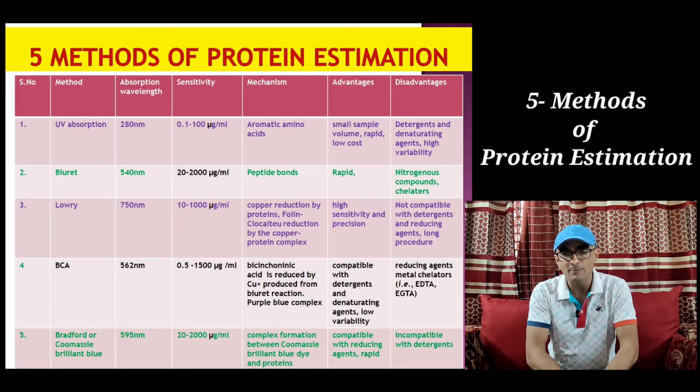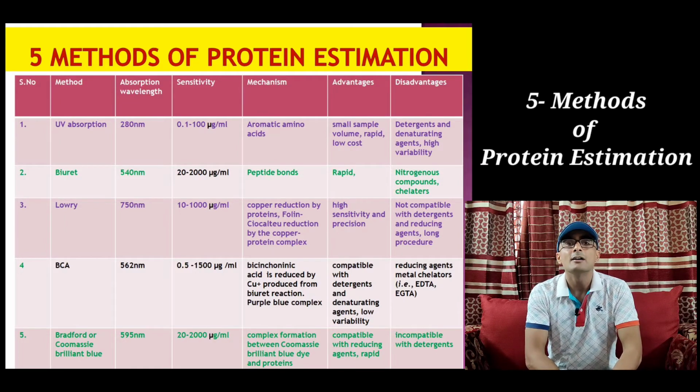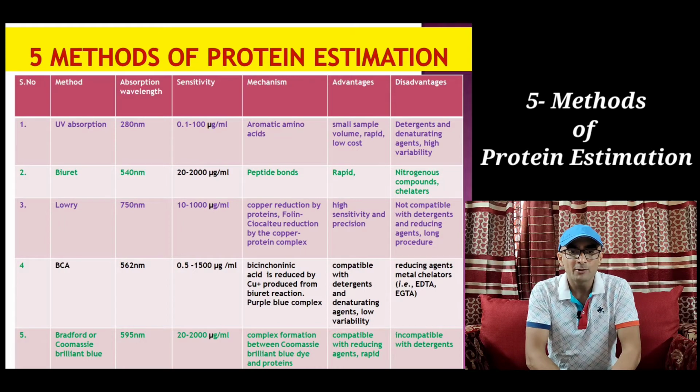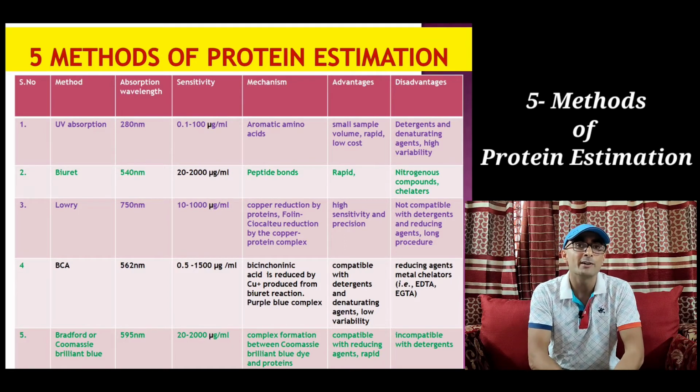It's very precise also, but this is again not compatible with detergents and reducing agents. If you have any detergent like SDS or any disulfide bond reducing agents like beta-mercaptoethanol or dithiothreitol in the sample, this method doesn't give a very accurate result. Moreover, because it occurs in 2 steps and you need to incubate the sample 2 times, as we'll see later in detail, it requires much more time in comparison to other methods to estimate proteins. Roughly 1 hour is required to calculate protein concentration using the Lowry method.